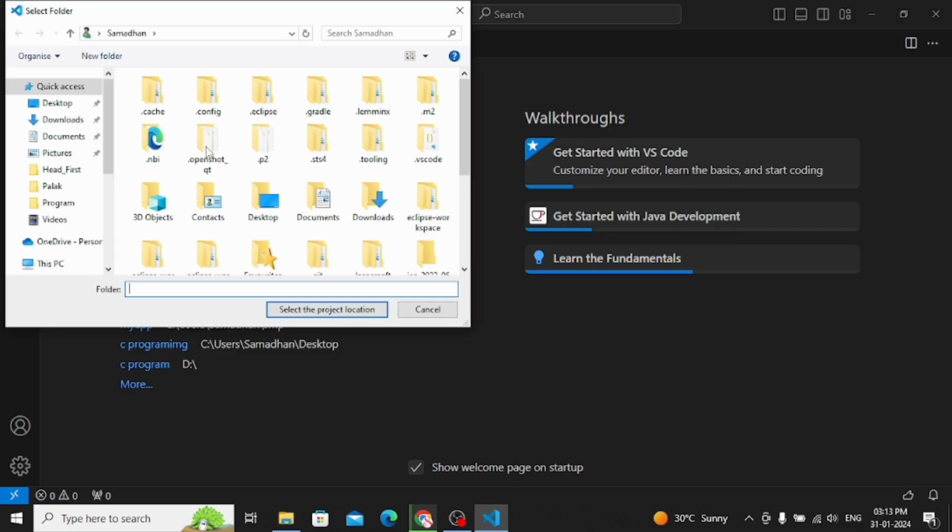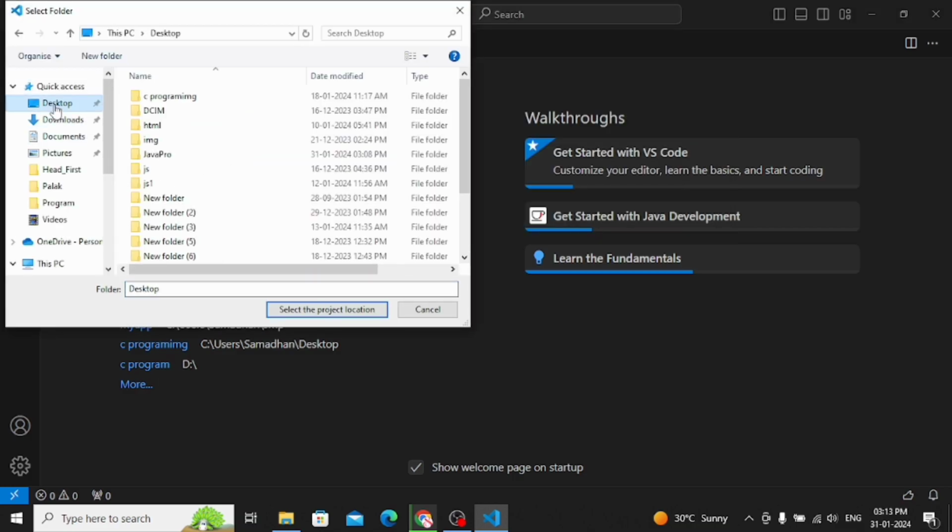Search for show and run commands and write Java, create Java project and no build tools and then select folder. We already created a folder on the desktop, Java Pro. Then select this folder for project location